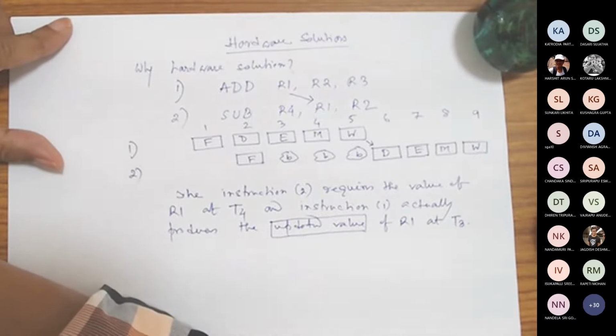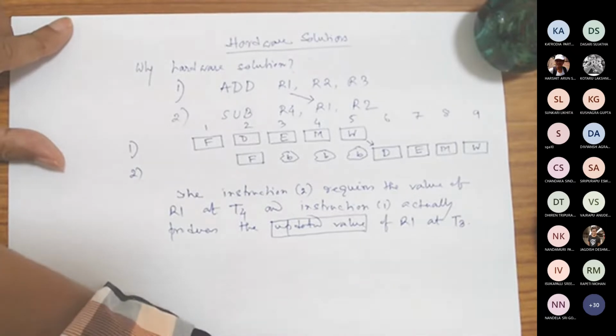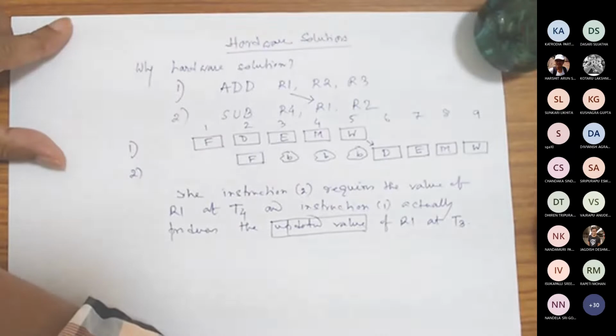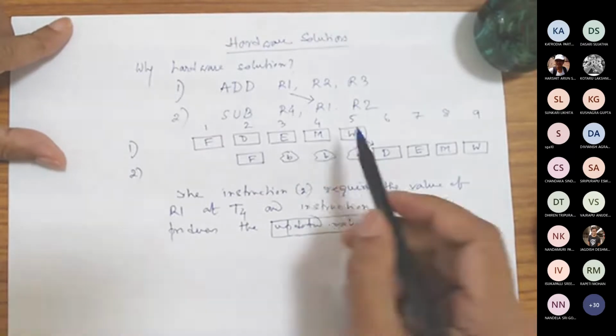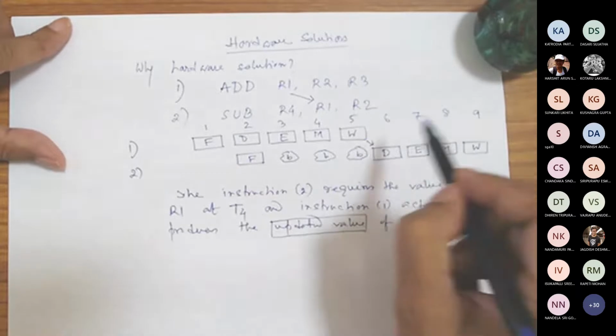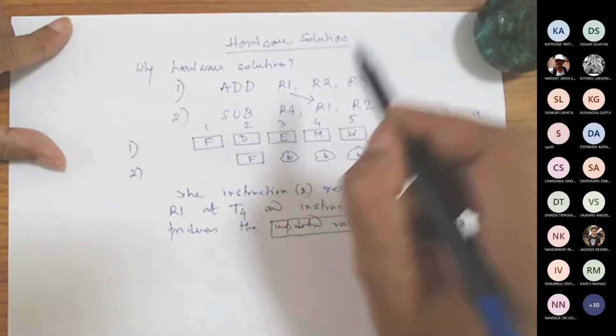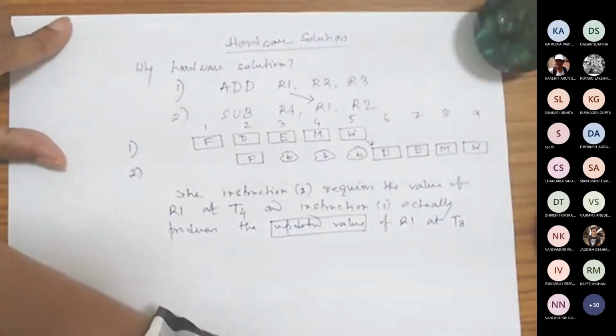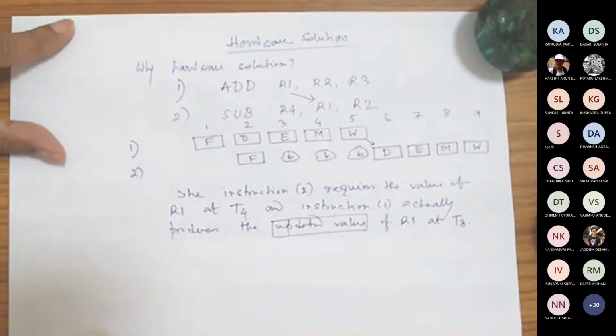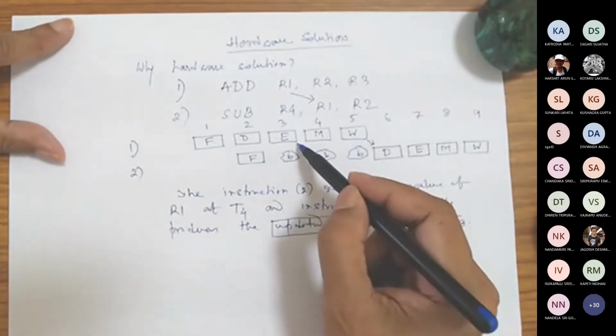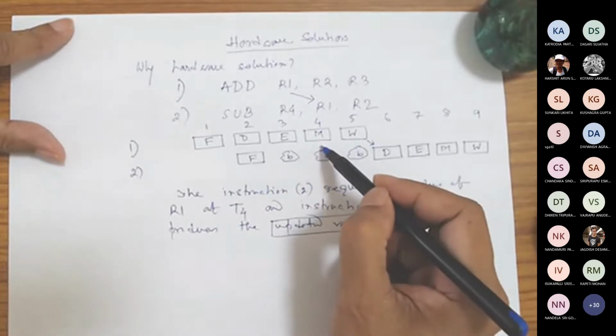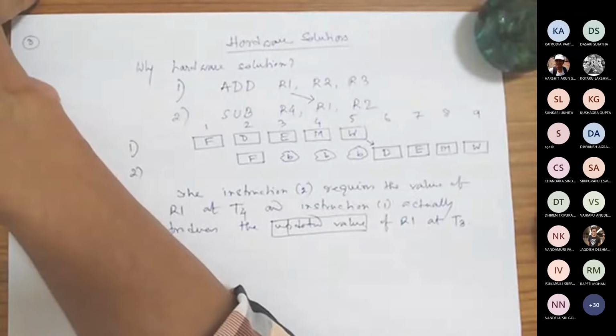Do you agree with me? This statement, do you agree with me? Yes, sir. If that is the case, then why not directly use it? Let this instruction get executed in the order it is doing for the write back stage. But at the same time, I can also take the value after the end of the 3rd clock cycle and give it at the beginning of the 4th clock cycle to the next instruction. What is the problem?